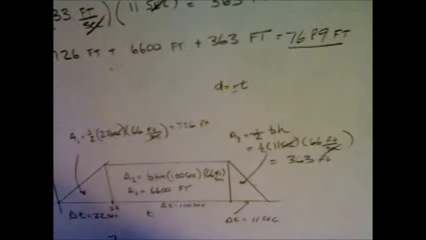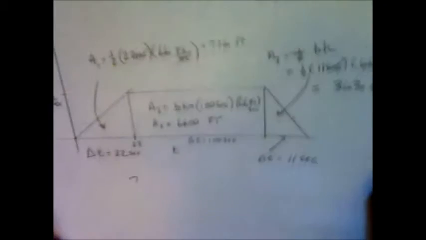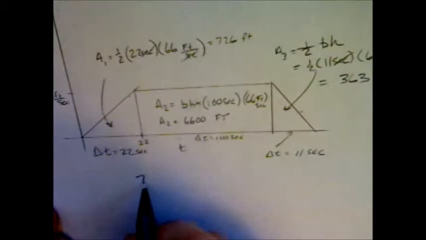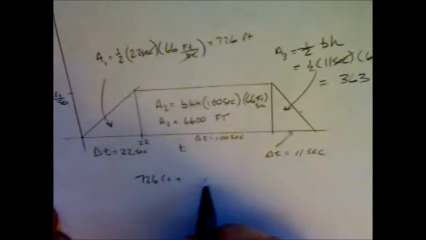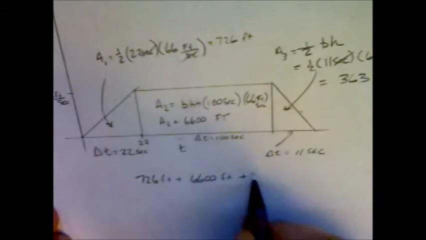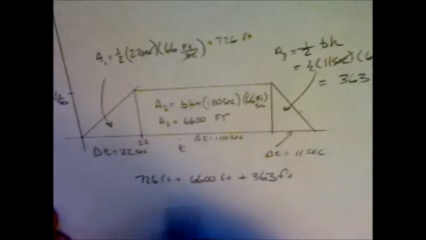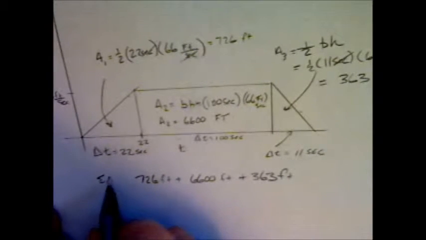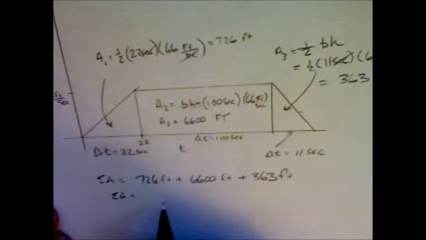And again, 726 feet plus 6600 feet plus 363 feet. My answer is going to be, the sum of the areas is going to equal 7689